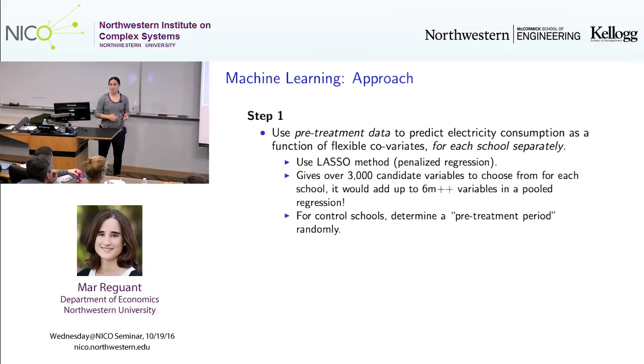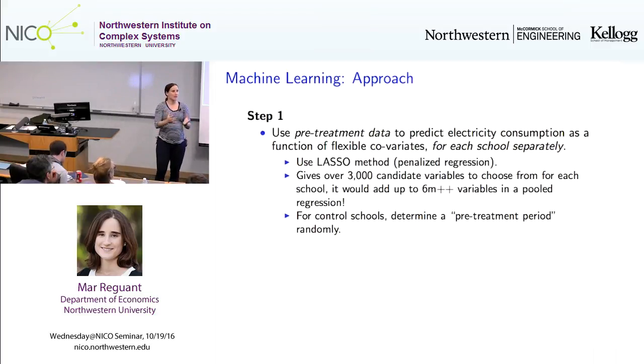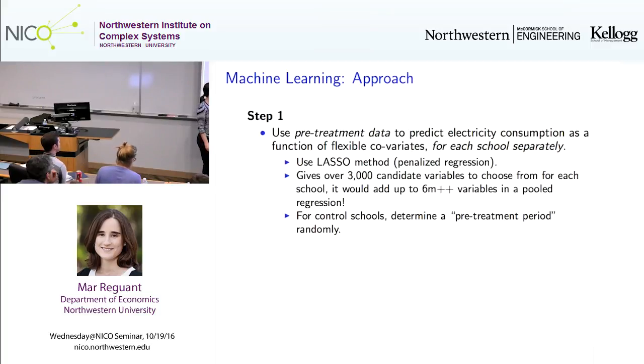The particulars of it, we use the lasso method, but as I said, it's not that we are too married to the lasso method. Any usual suspect in the literature, I think, would do for our purposes, although they clearly have differences in the details. What this model basically gives us is the set of variables that we want to include for every school.